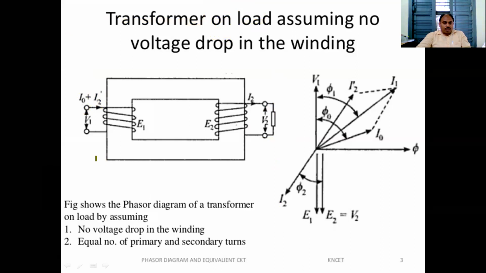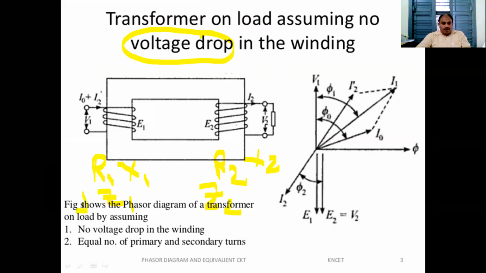The primary coil has some resistance R1 and reactance X1. The secondary coil has some resistance R2 and reactance X2. If you neglect the voltage drop because of this resistance and reactance, we have some impedance on primary Z1 and impedance on secondary Z2. Impedance drops neglected means I1 Z1,